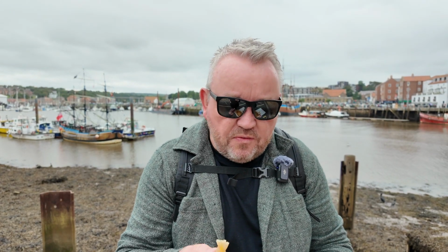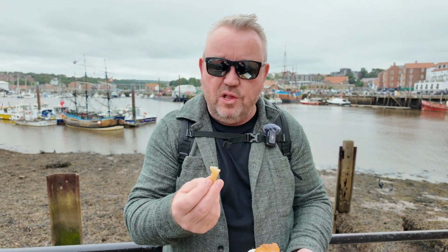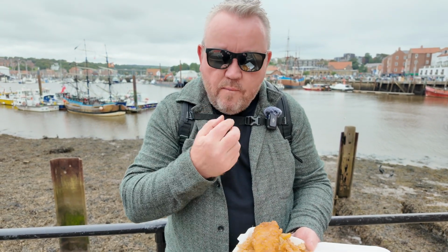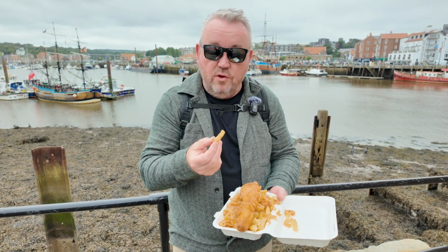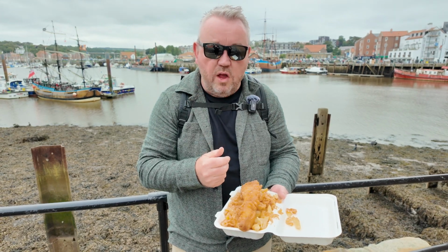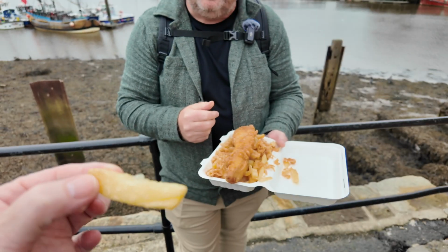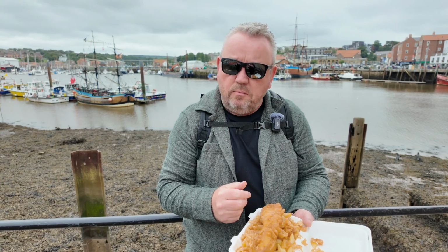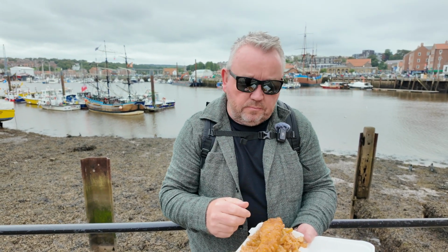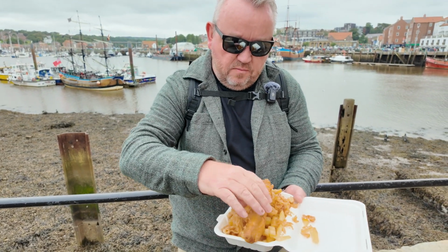Very soft and fluffy inside. The outside's not crispy, but it's not soft, so it's a really good texture for a chip. And the flavor's great. That's a really nice chip. Yeah, chips are great. Can I try one? Of course you can. Yeah, they taste great, those chips. So soft and fluffy on the inside. And not greasy. No, they're not. Okay, so we're going to go for the